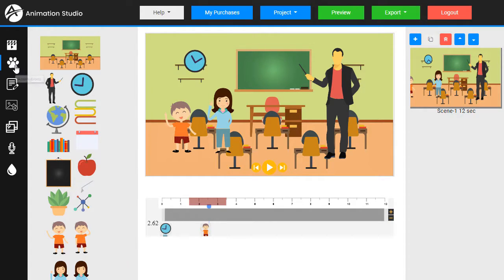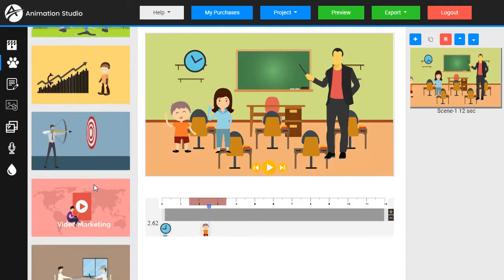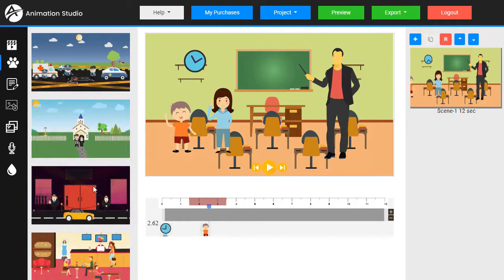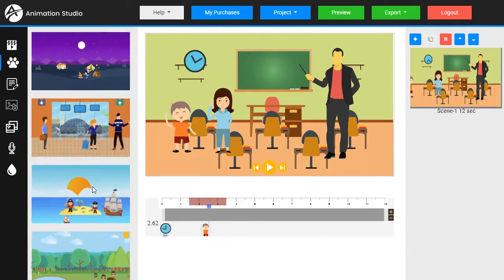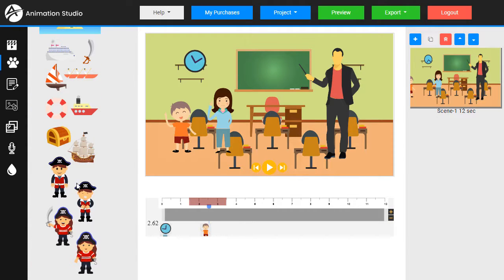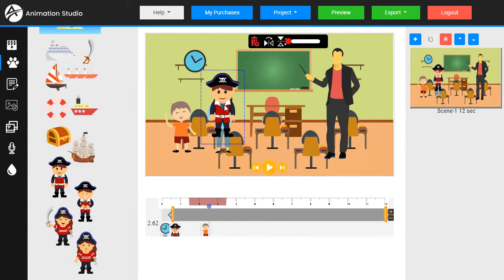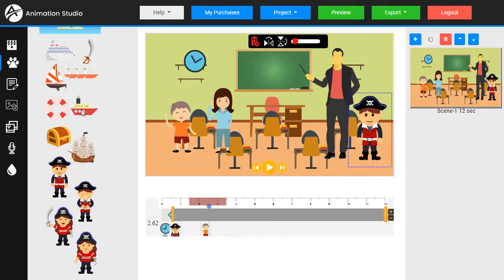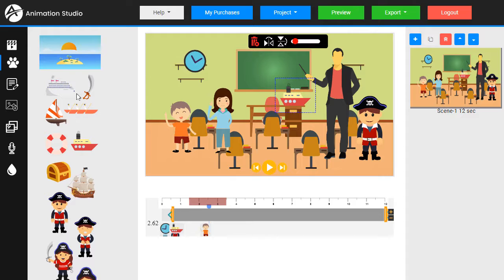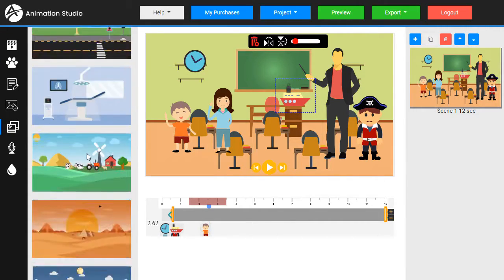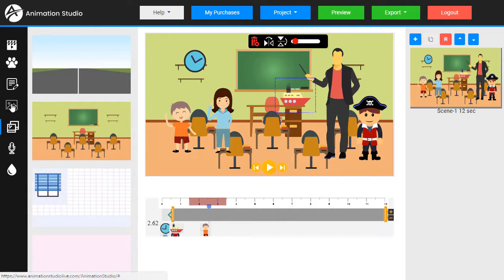Now we're not limited to just the single animation set. You can mix and match. If we come back in, for example, come in here. Add a pirate. Boat. Mix and match all these. There's also a special section just for backgrounds and an upload option, so we could upload an image, transparent PNG, background, logo, anything extra that we want to